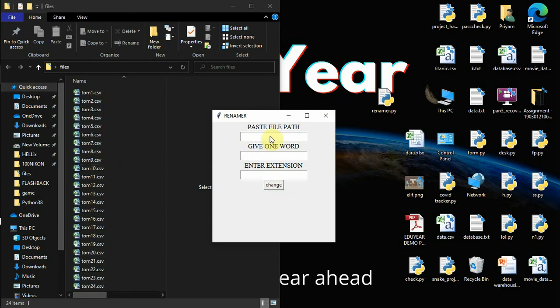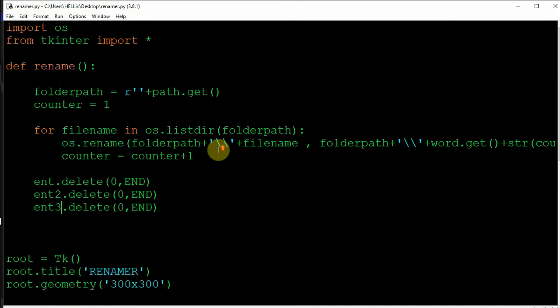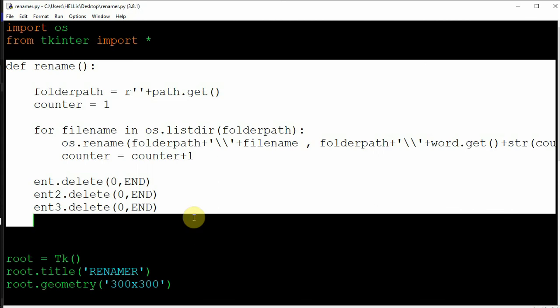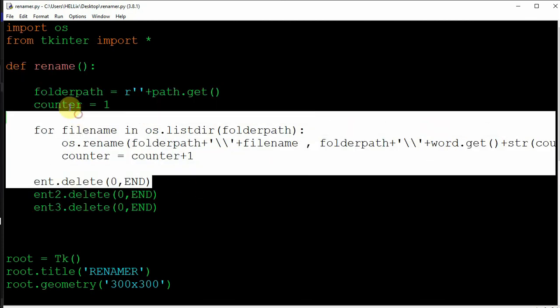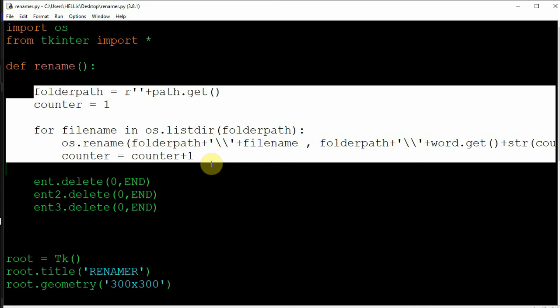So it was an easy project. You get a GUI for it as well, and you can create it more easily. You can import tkinter filedialog, which will give you a browse option to get files, and that's easy as well. So I'll show you the code once again. It's importing os, importing tkinter. This particular function we created first. To be more precise, this much part we created before without any GUI. So this part is kept over here.